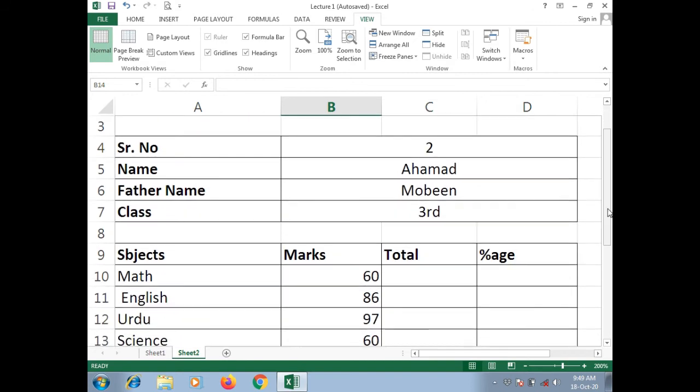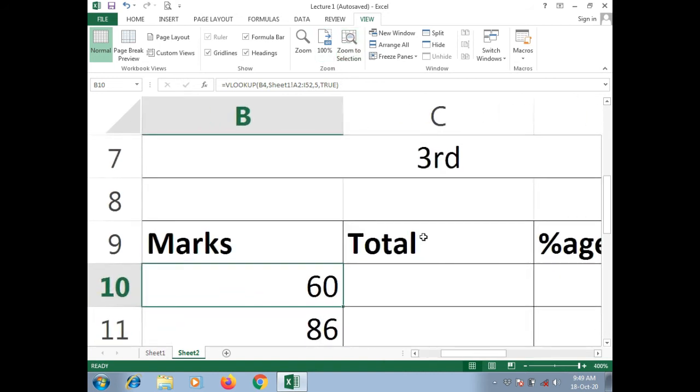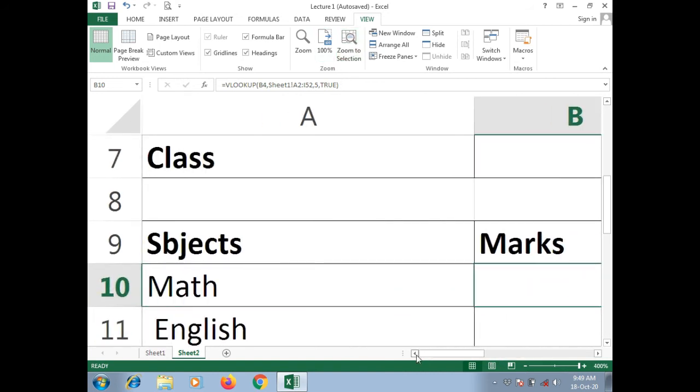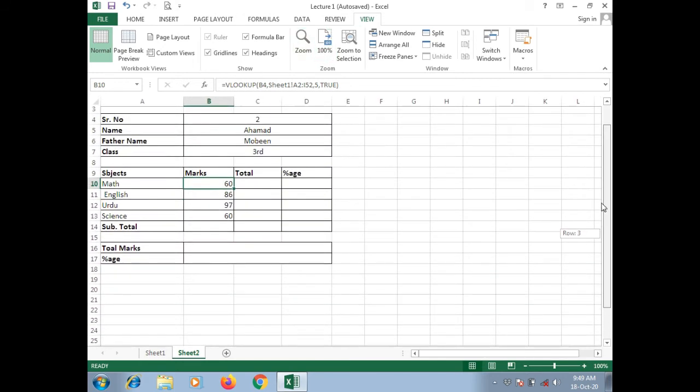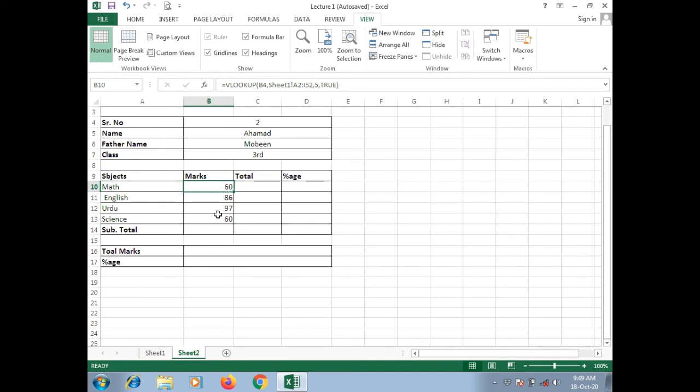So let's enter, again this is a VLOOKUP formula, so I have entered the VLOOKUP formula. And how did I enter? This is the formula, so we can zoom it.